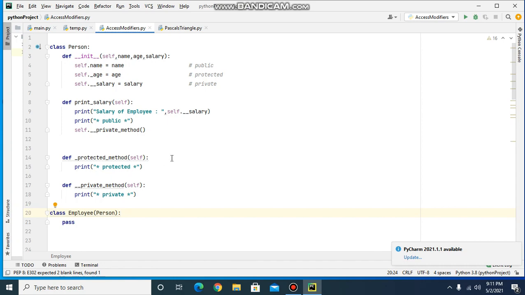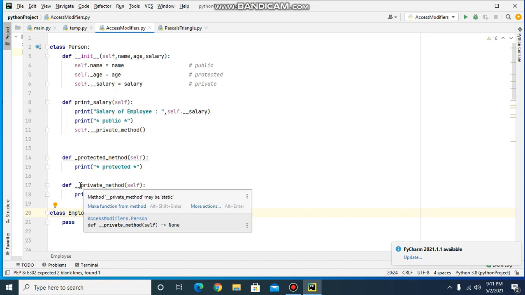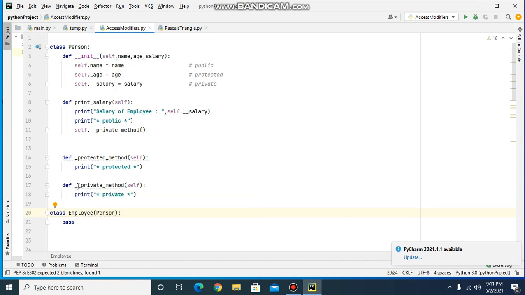These protected members behave like public members, but it is advisable not to use them publicly. Then while declaring private members, you have to put two underscores in front of them. Private data members and methods are accessible only from within the class. Outside access is not allowed.